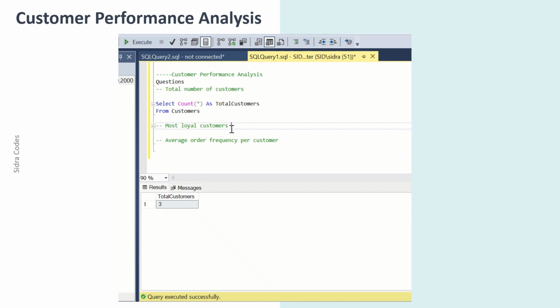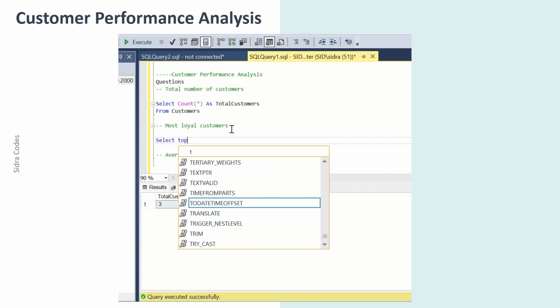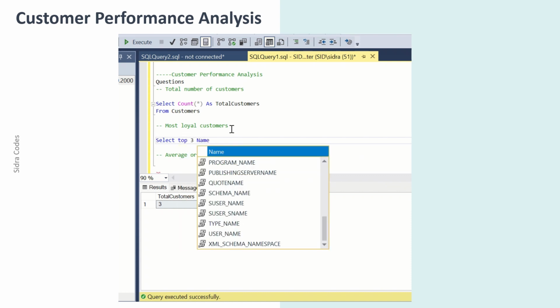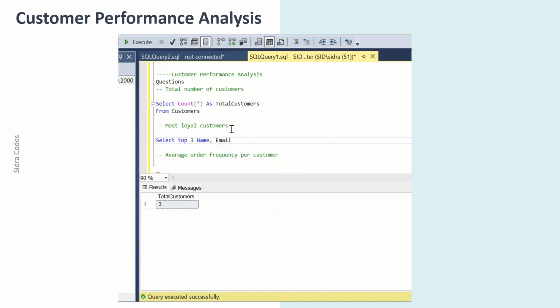Now move on to the next analytical question. My most loyal customer. And how am I going to find that? So the way I'm going to find is select top 3 name, email from customers. I'm actually going to do top 2 since I only have 3 records. So I'm gonna do select top 2. So I'm asking to only fetch 2 records, name and email, from customers,